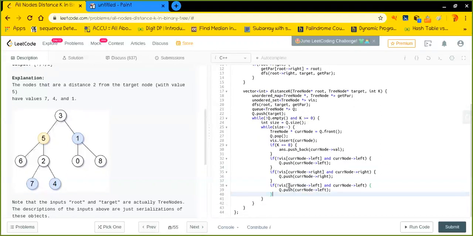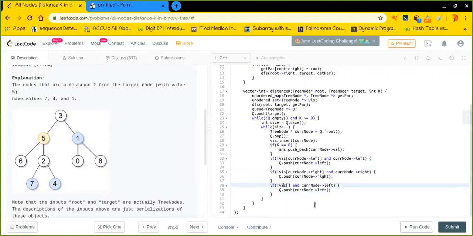To do that, where can I get the reference of the parent node? From the get parent mapping, isn't it? I'll look into the get parent for this current node, and see if any parent exists for this particular current node. If it does exist, then I'll push that in my queue.